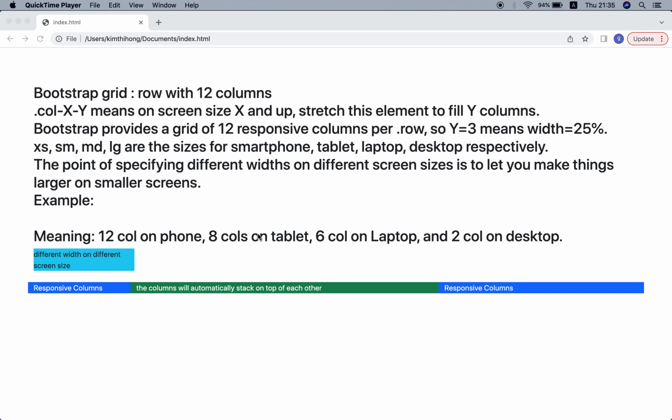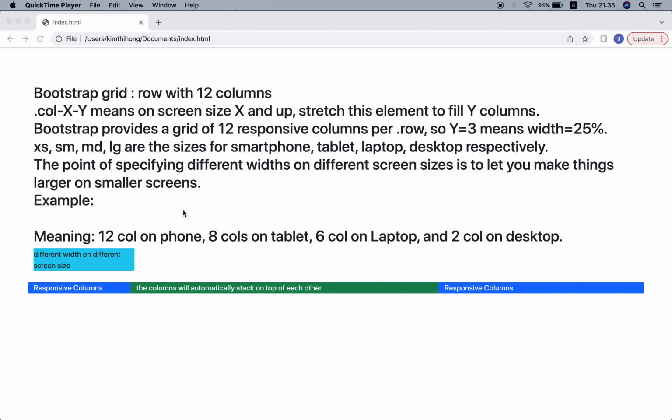In this lesson, you will understand that in Bootstrap we have different screen sizes, and for each screen size, you should specify the width of the column.